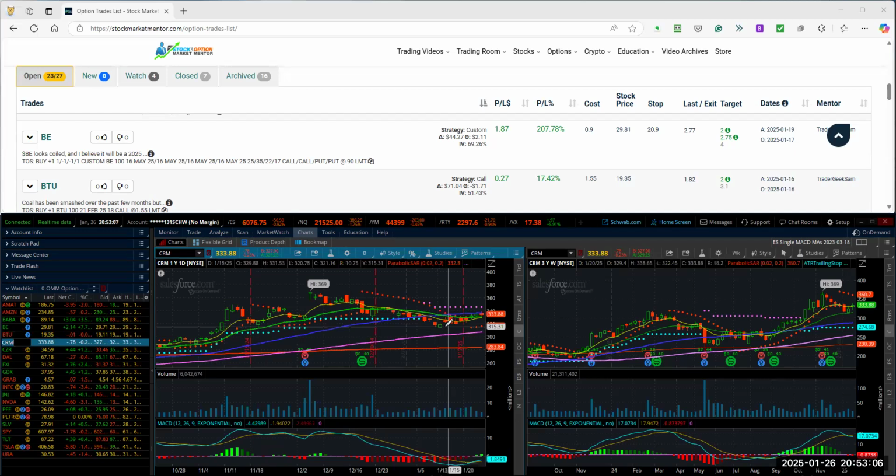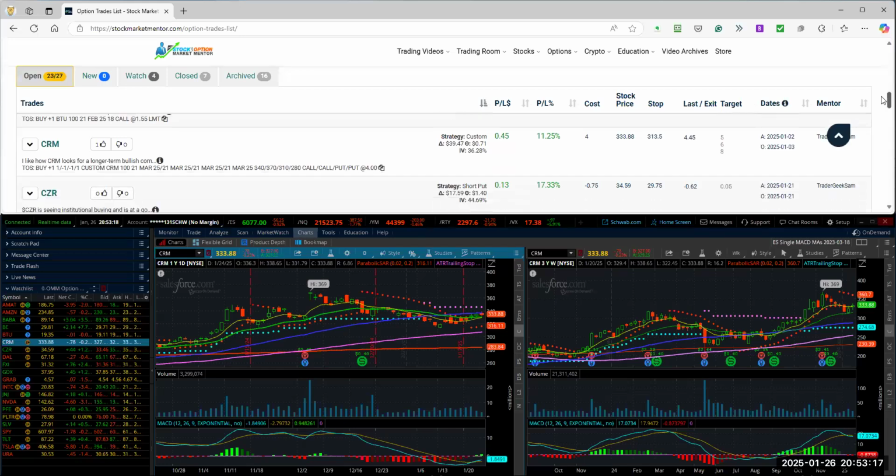CRM, as a few people in the forum have alluded to, it's really going slow and it's stuck under the 50-day. We still haven't taken our first profit target on this one. We paid $4 for the structure. We are profitable on it finally, but again, if tech is going to get hit on Monday, then this will get hit as well. And we may not see our first profit target for a few days